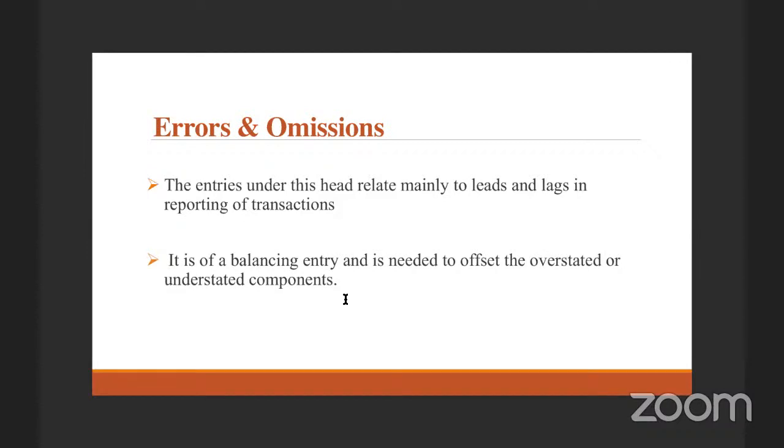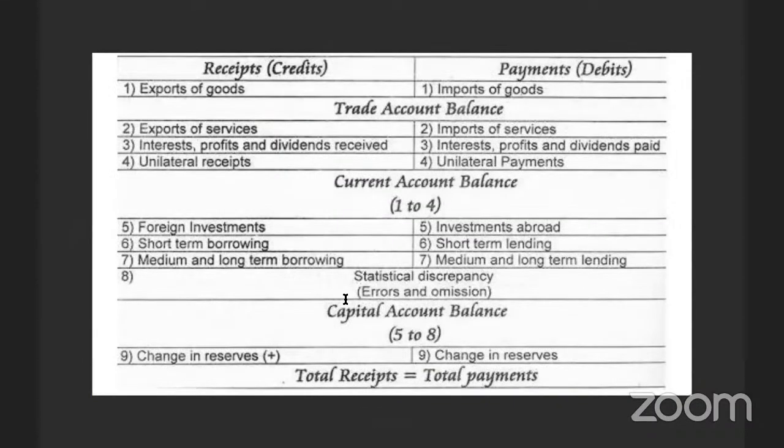What happens when an accountant goes to the chartered accountant, who is the general manager of the company or the vice president of the company, and the balance sheet is not getting tallied? There's a difference. How much is the difference? There's a difference of two and a half lakhs. Although 2.5 lakhs is a big amount for an individual, for a company of 1,000 crores turnover, 250,000 is a very small amount, right? So this is because of lag in the reporting of the transaction. So do some adjustment.